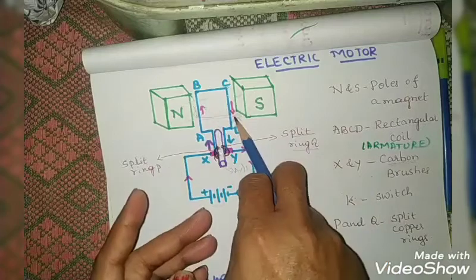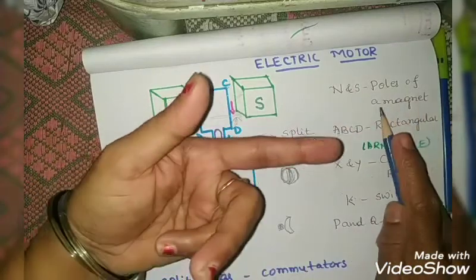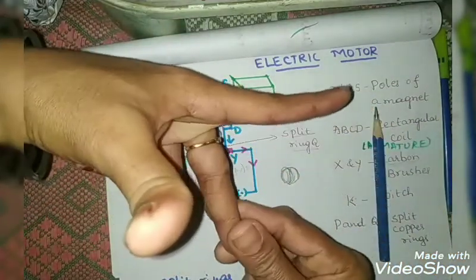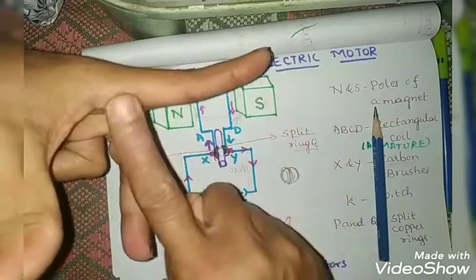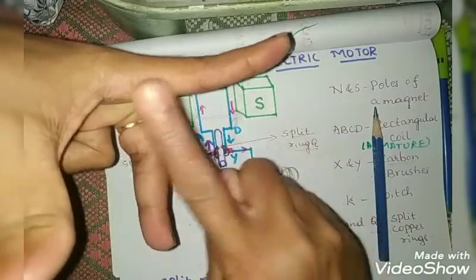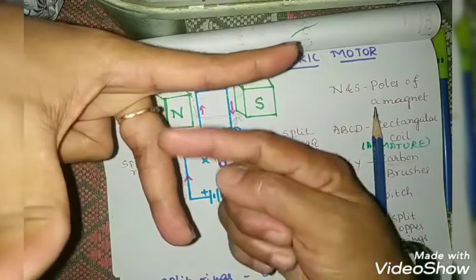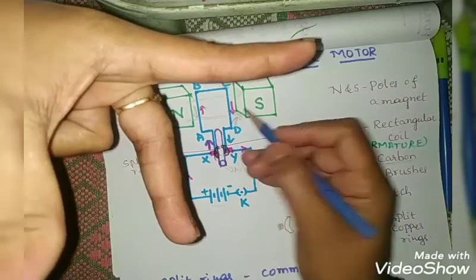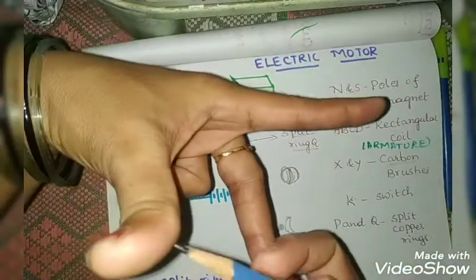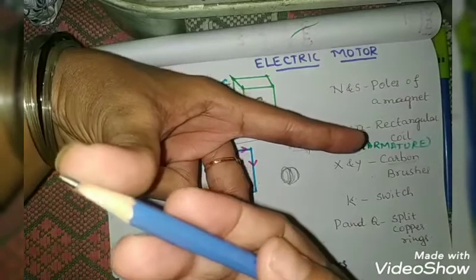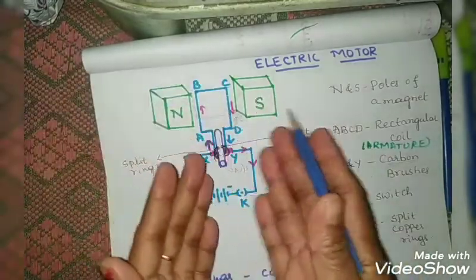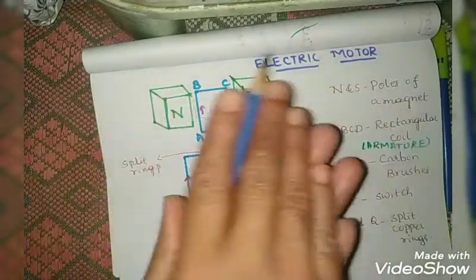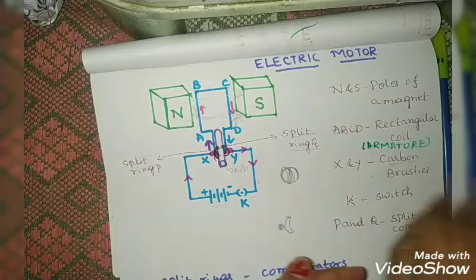Next, here how we can understand. Here what happened now? This is the direction of the current. In this way you have to hold. You can apply. This is N and S. North pole to south pole, magnetic field lines. This is the direction of the current, and this is the direction of mechanical force upwards. So CD came upwards, anti-clockwise movement. And next what happened? It moves and goes back again in the next half rotation.